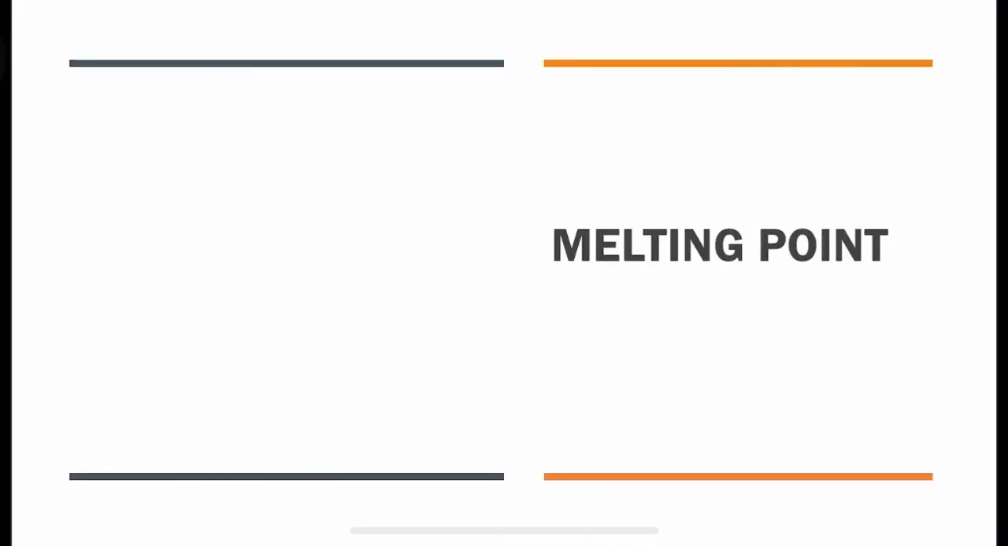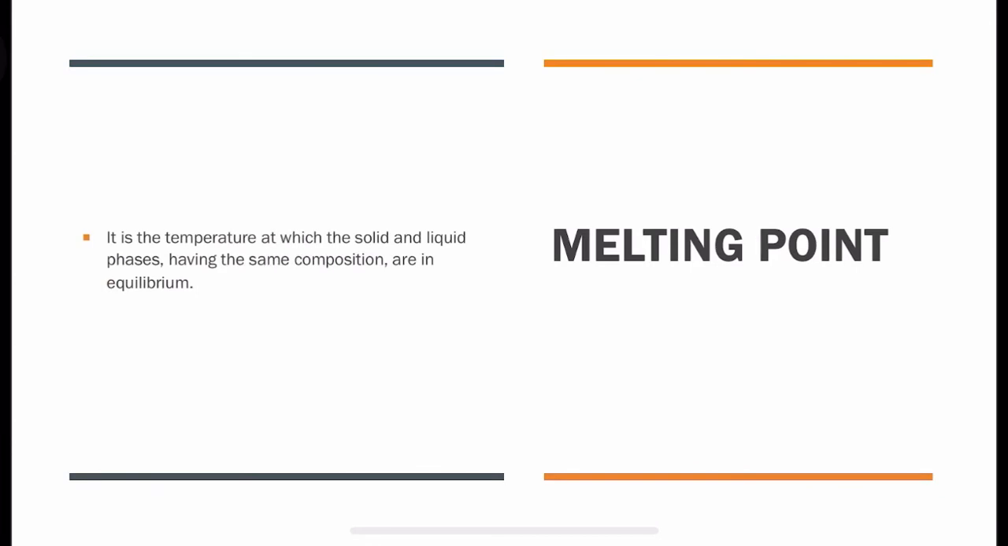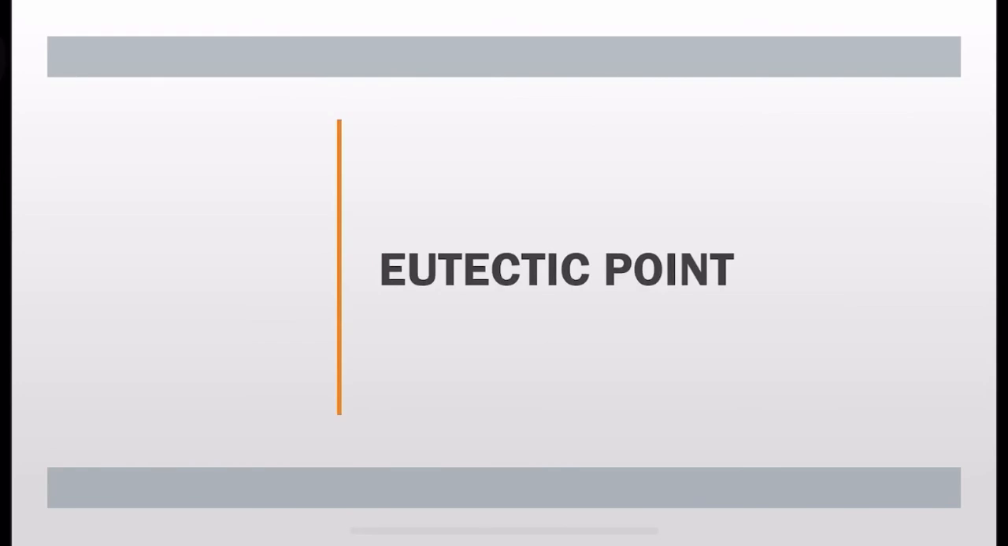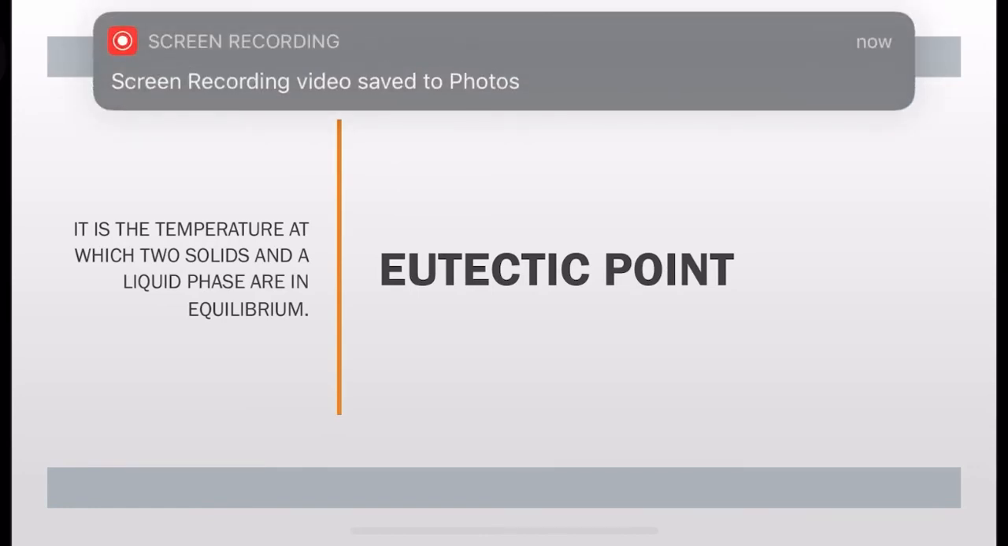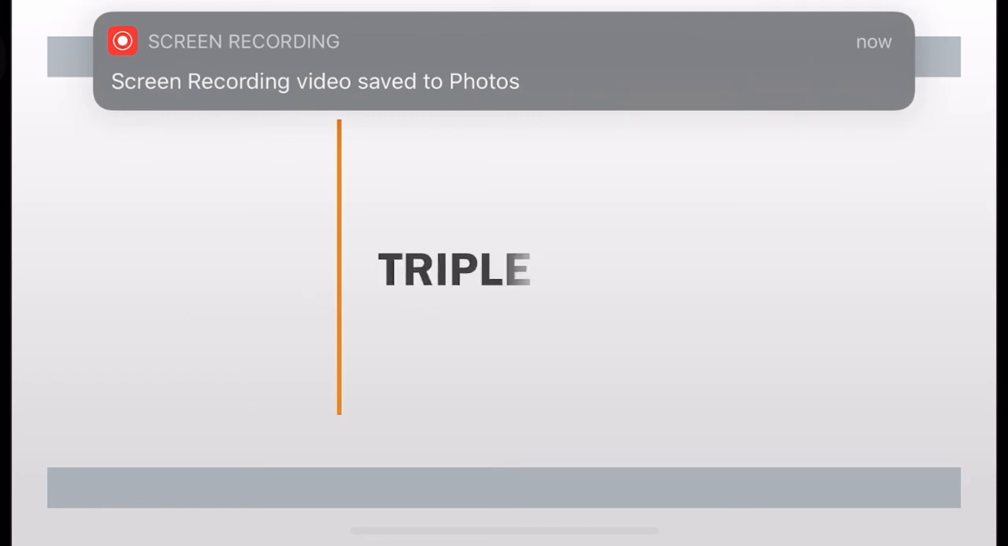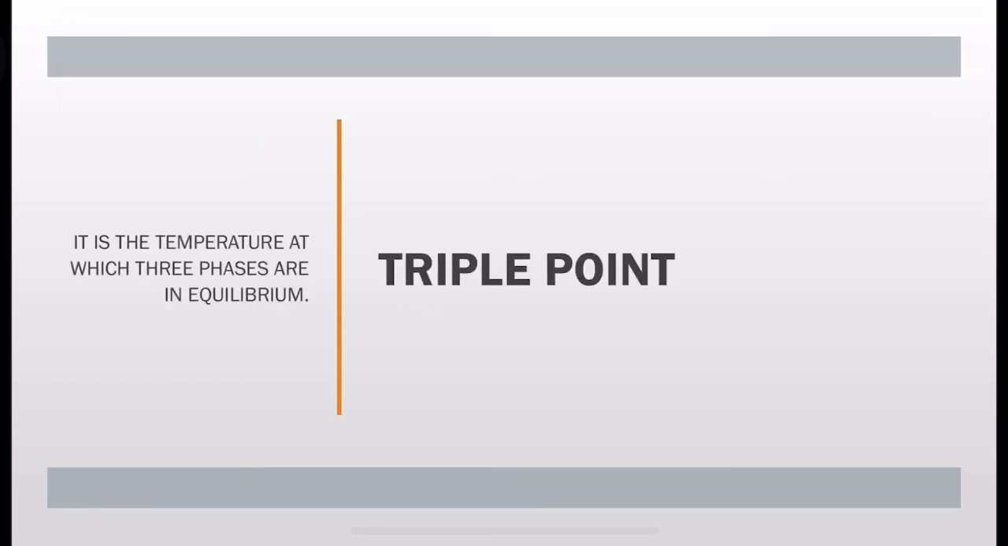So what is melting point? It is the temperature at which the solid and liquid phases having the same composition are in equilibrium, so it is called the melting point. Now what is the eutectic point? It is the temperature at which two solids and a liquid phase are in equilibrium. So it is called the eutectic point. And what is the triple point? It is the temperature at which three phases are in equilibrium. That is called